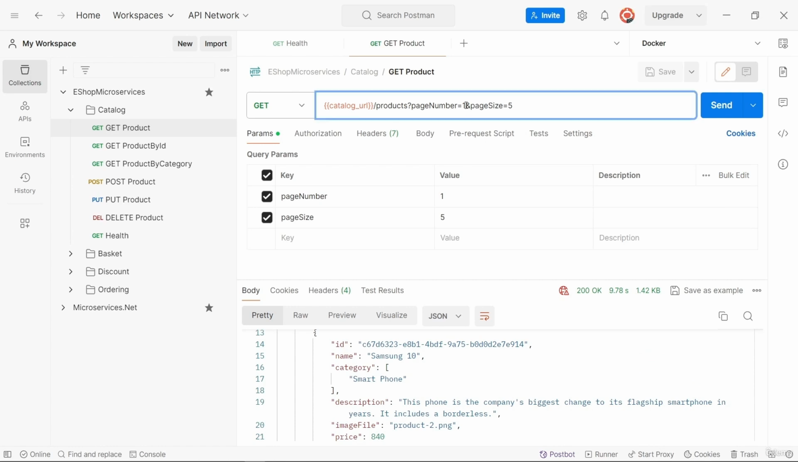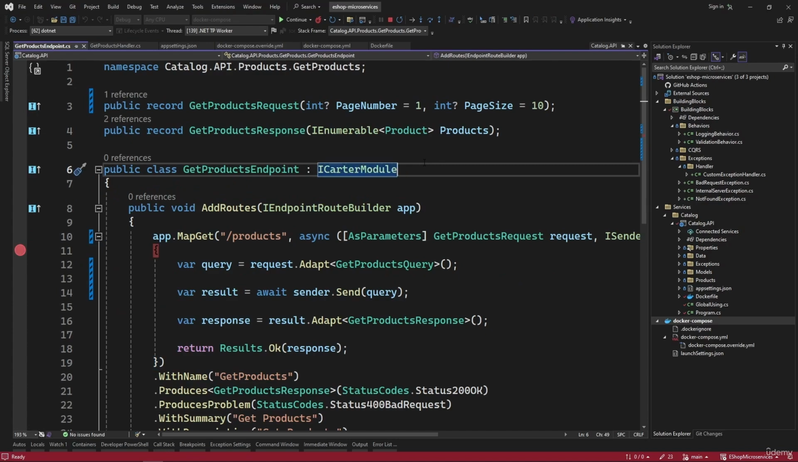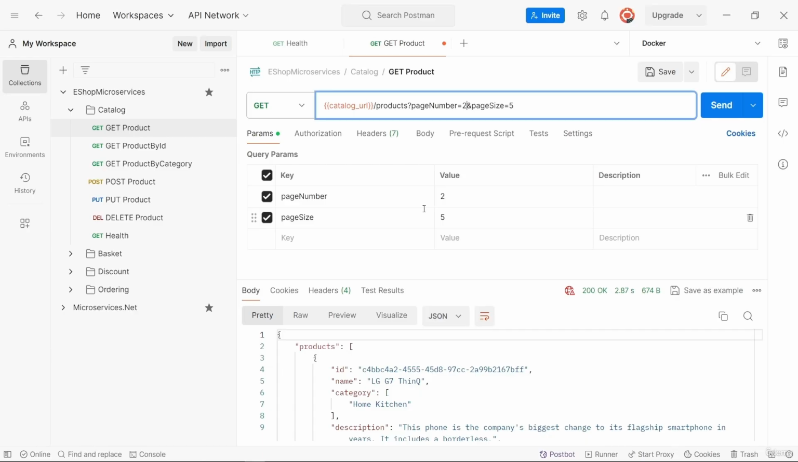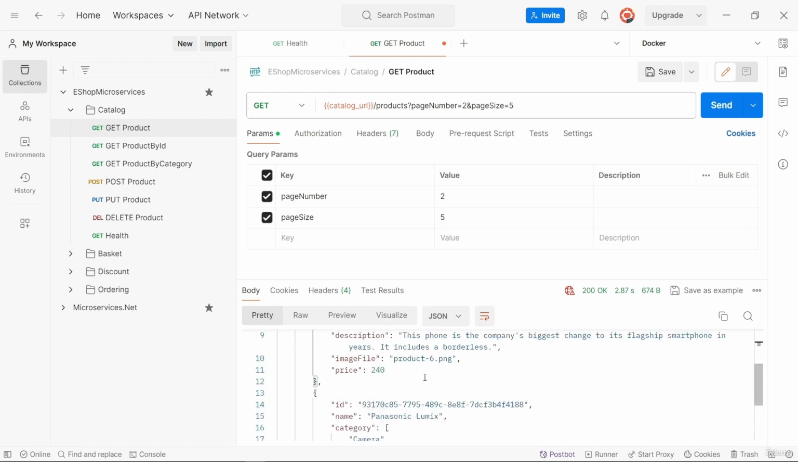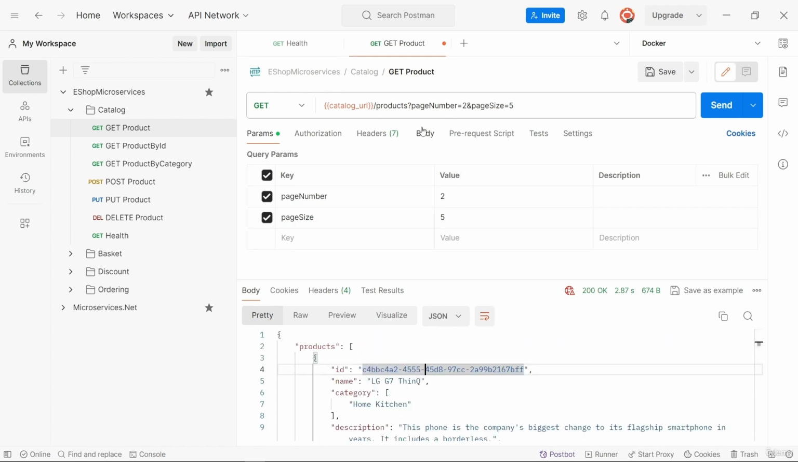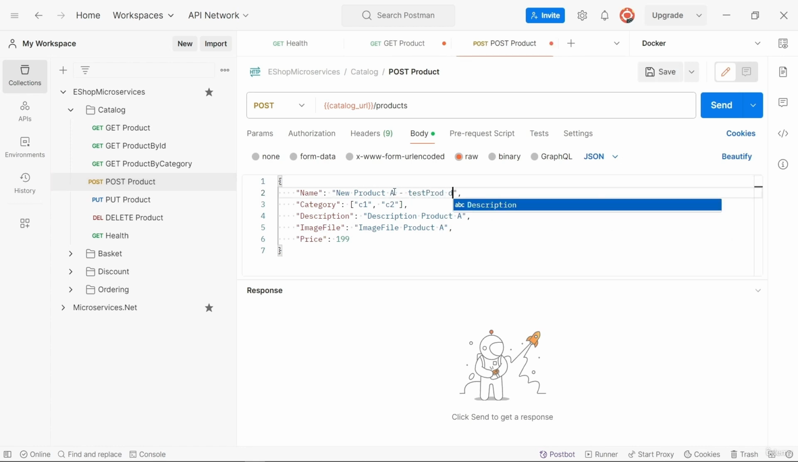So we can continue and confirm that the second page should come with 2 product items, as we confirmed in the last videos. Yes, you can see that we also have 2 products listed on the second page. The next thing we can do is the post operation. We can use HTTP post products in order to create a new product. So I am going to add a new product, which will be the test Docker product,